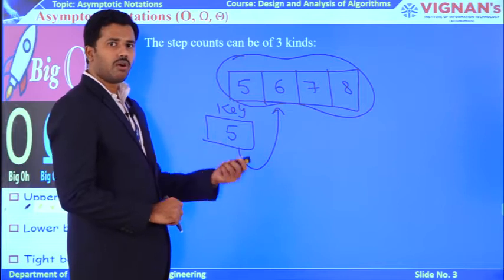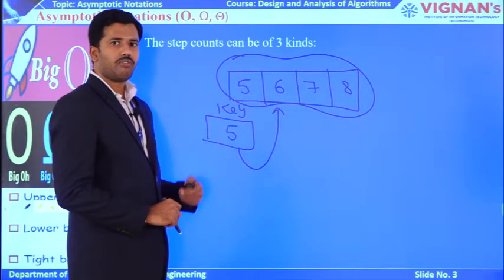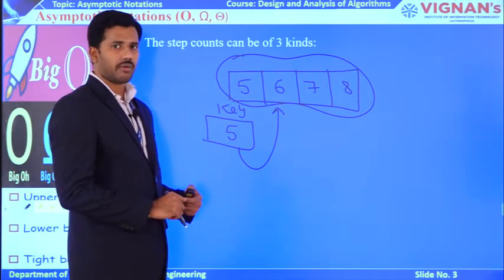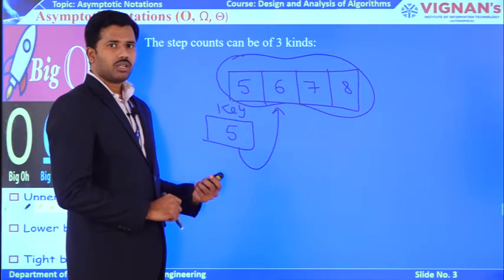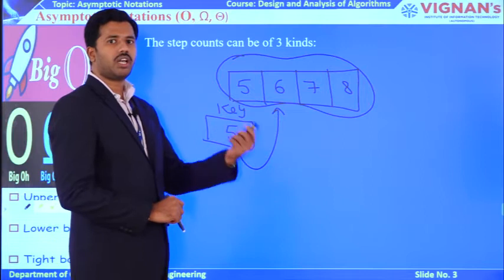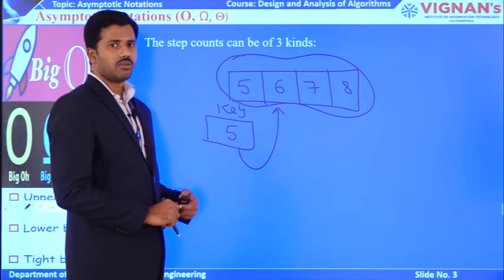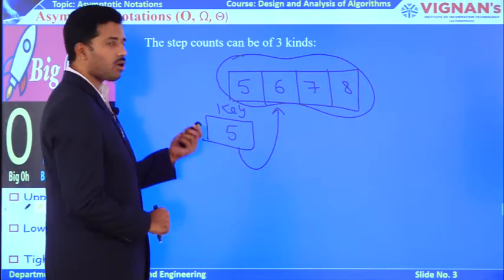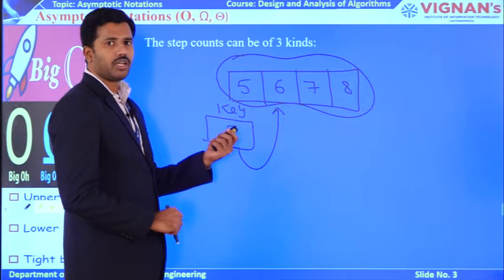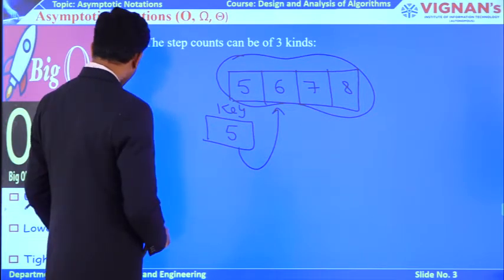So if you find the result at the first iteration, that is the best case. If you find the result in the middle of the iteration, you can consider it an average case. If you find the result at the last iteration, or if you do not find the key element after tracing all the iterations, then you can consider it a worst case. Now let us focus on how the cases are used to measure the performance of an algorithm.